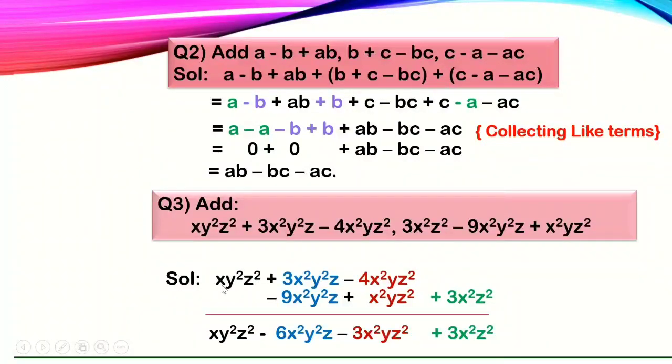So next we just need to solve them and we have got the answer. Here we didn't get any like term with this term, so I have just put it like this only. We can just write it as it is. Then we are solving the coefficients of these two terms, minus 9 plus 3, different signs, subtract and put the greater number's sign, so minus 6. And you should note here that we are just keeping the variables as it is. Okay, then here when nothing is there, it means 1. So minus 4 plus 1 is giving us minus 3 and then plus 3x squared z squared. So this is the answer. And that's what we did, rearranging the like terms, and we got the answer.